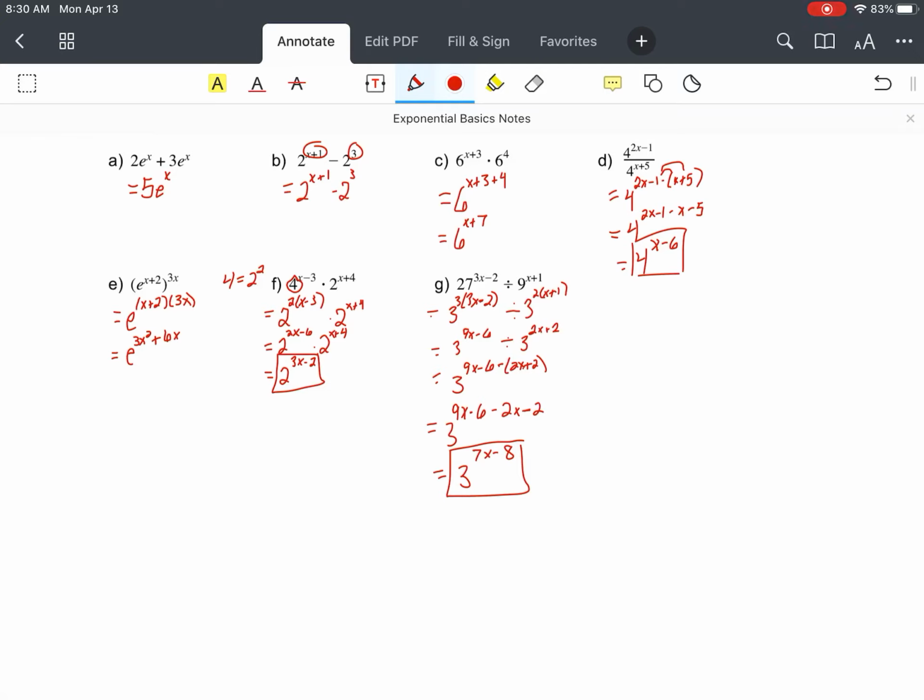So those are our properties of exponential functions. Okay, all the basics. Next time we will go through solving equations with these properties. All right. Then we will start